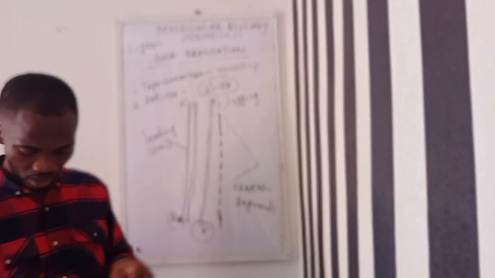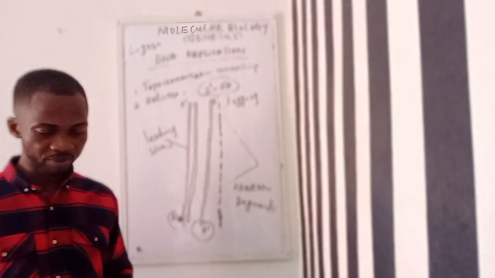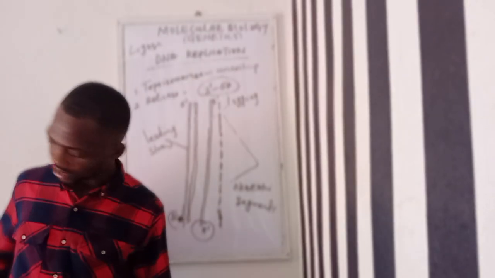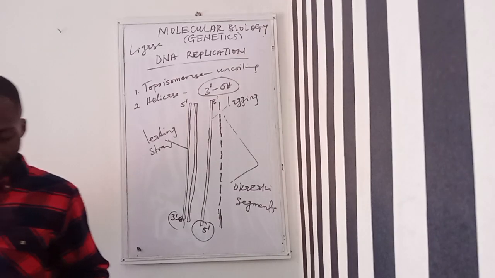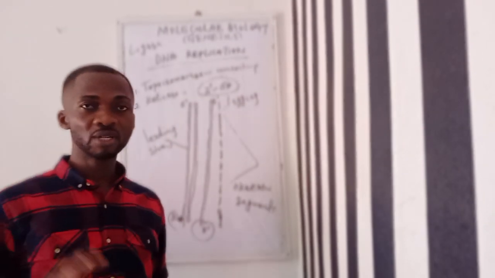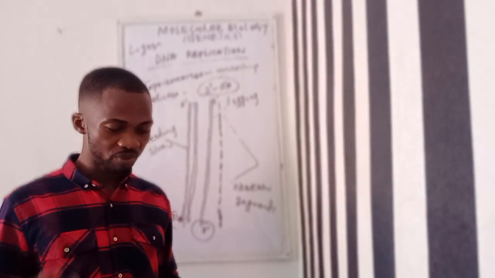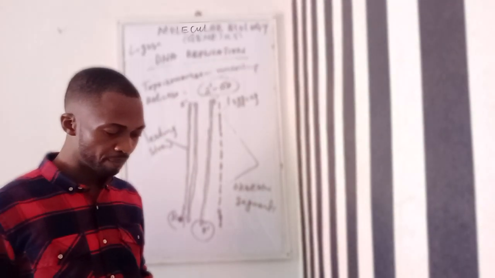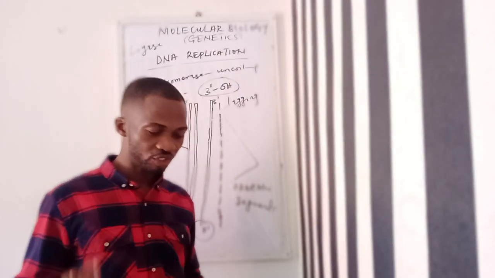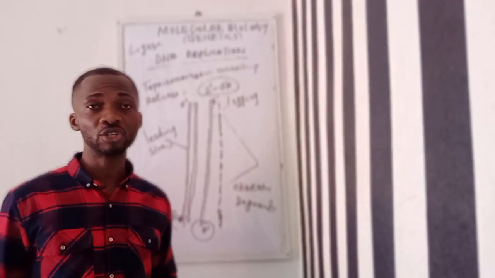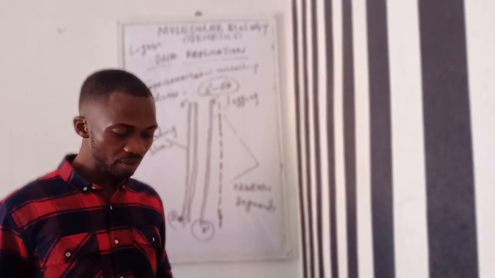However, the process of DNA replication in the two classes differs in the following aspects. Looking at the differences between DNA replication in prokaryotes and eukaryotes: prokaryotic chromosomes are circular, and there is a single initiation point of replication, whereas eukaryotic chromosomes are linear with multiple points of initiation. That is one difference. The second one, eukaryotic DNA, unlike that of